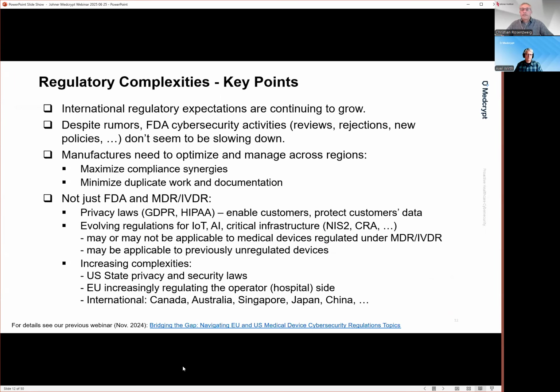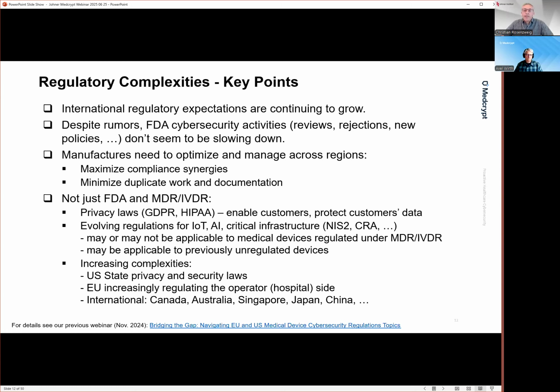Yeah, next slide, please. All markets have some regulatory challenges. So we observed that the regulatory expectations are growing. FDA and also notified bodies in Europe do not slow down. In contrary, we see more and more critical questions and findings in audits at our customers. For the manufacturers, the challenge is to streamline their activities to be competitive, and thus they have to look for effective processes for cybersecurity, considering all market requirements.